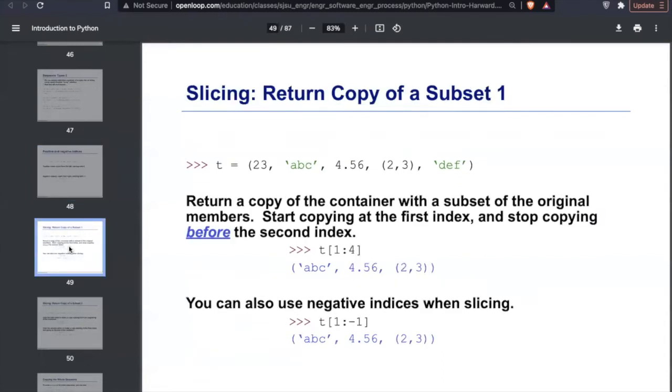Another property of sequence types is slicing. You can use slicing to get a subset of the sequence. Here you can see in the example that a tuple is being initialized, and you can slice from index 1 to 4 to get the subset of the sequence.